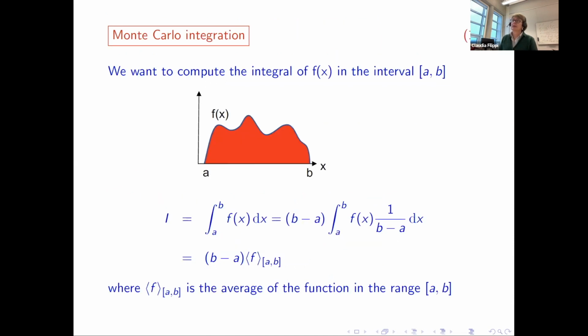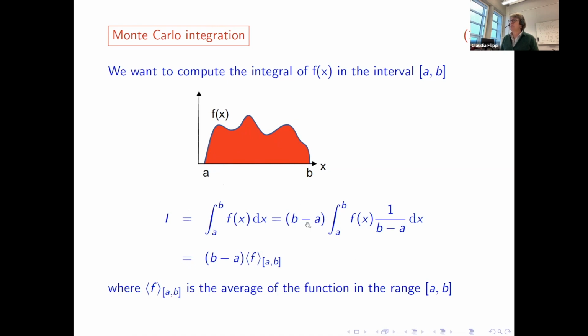So now let's assume we want to do the integral of a function. You could say, well, I still do the rejection method. You could say, well, this is my function, I will compute the integral. That's an area. I could still inscribe this area in a rectangle and start to throw darts, but that's not the way we're going to do it. Okay, so the way is you say, well, I'm interested in this integral over the segment AB.